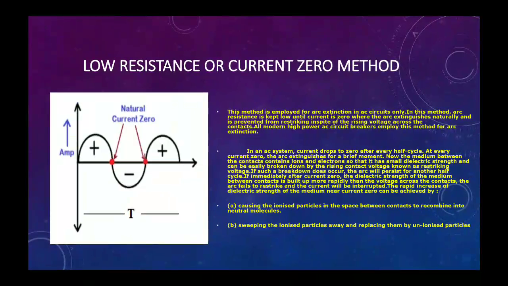So if at the current zero time we increase the dielectric strength of the arc path, then the arc will be extinguished. The rapid increase of dielectric strength of the medium near current zero can be achieved by, number 1, causing the ionized particles in the space between contacts to recombine into neutral molecules. If we make these electrons neutral,